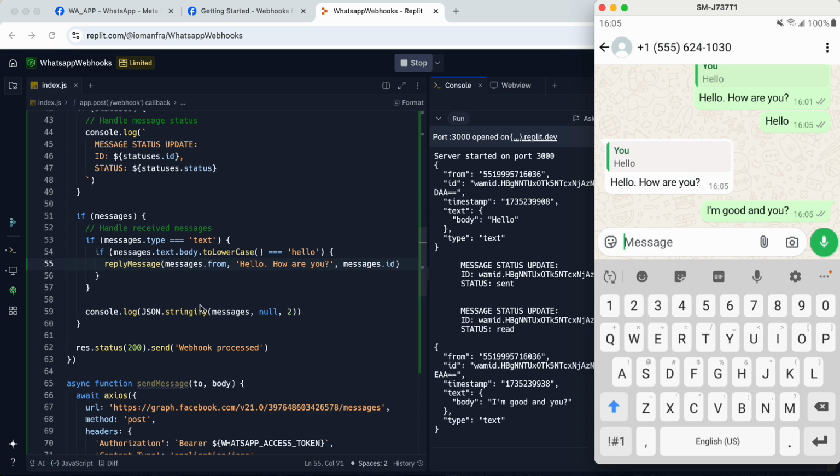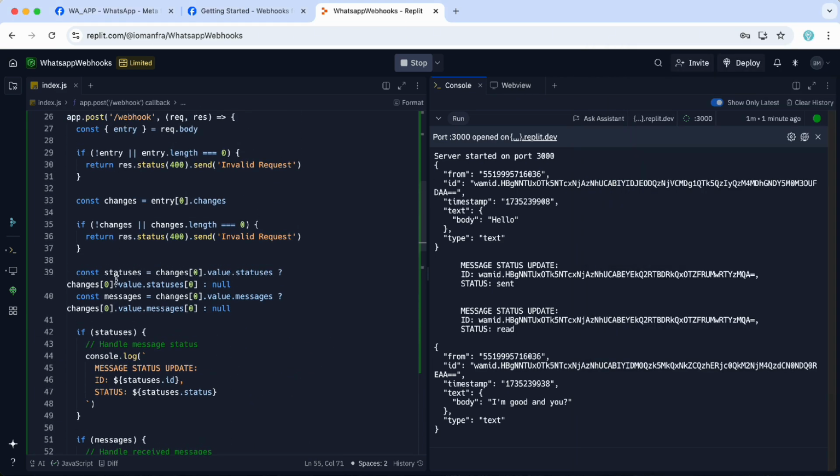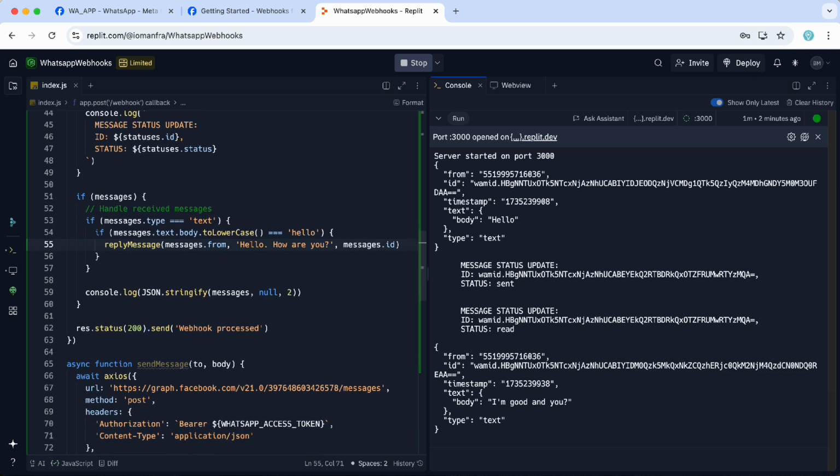So this is a good example to build a chatbot using NLP, natural language processing library like OpenAI, GPT model, Dialogflow, and others. I just did a simple example so you can understand, but today we basically can build almost anything we want. And I'm handling everything inside the webhook post route, but in a real application, it's a good practice to break these into different functions, like handle received text messages, handle received image messages, handle message status updates, so you can have a cleaner code, but I'll keep adding everything inside the webhook post route, since this is